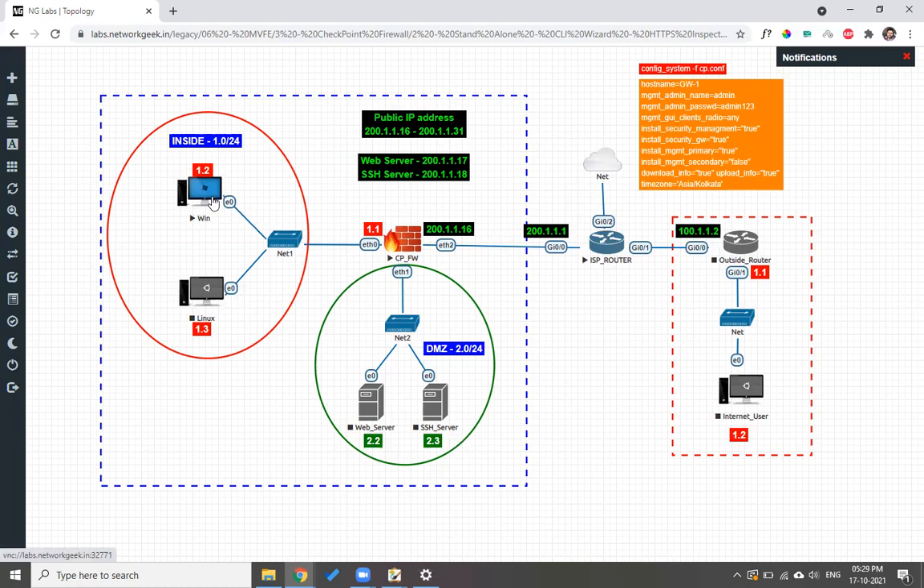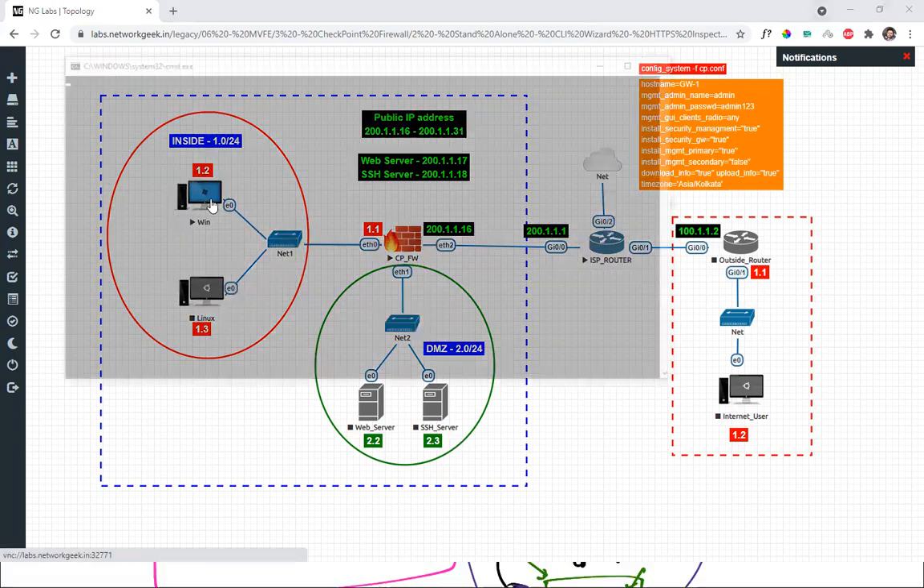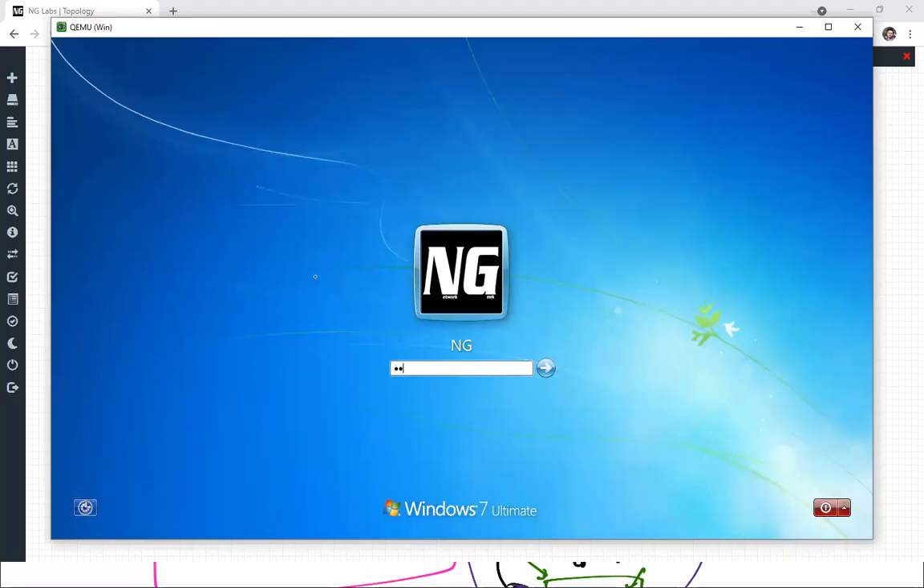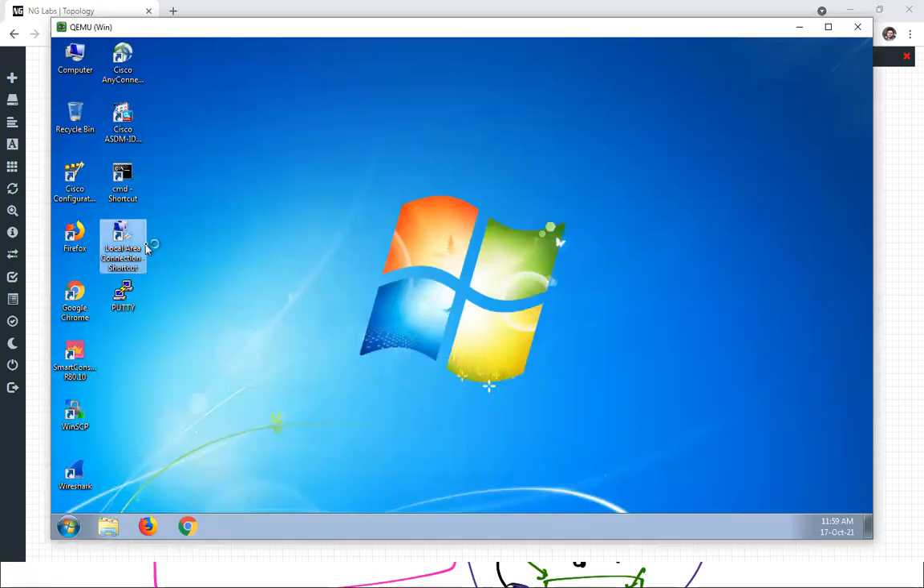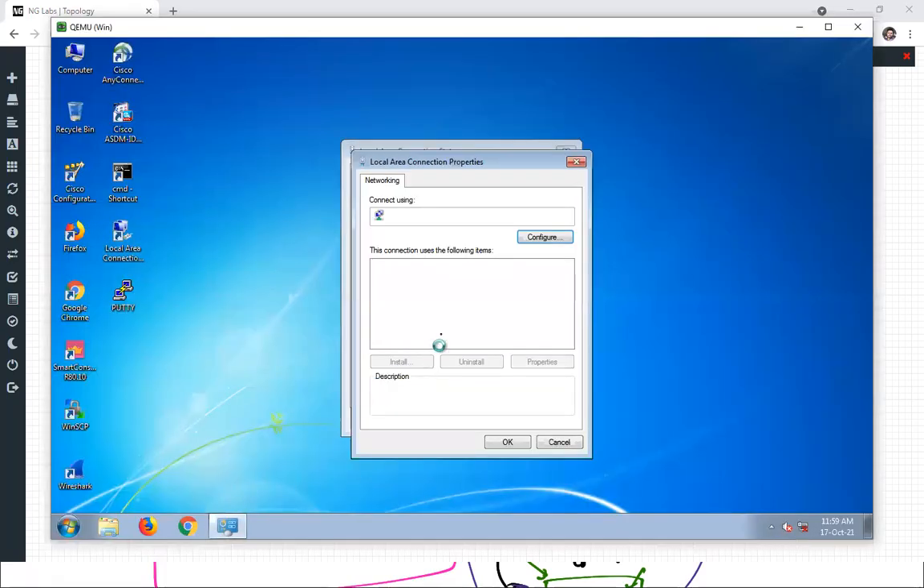Let's click on the Windows machine and give it an IP address. This time it's going to be 1.2, because since we don't have an SMS, after 1.1 the next IP can be given to this Windows machine. Let's assign the IP address 1.2,